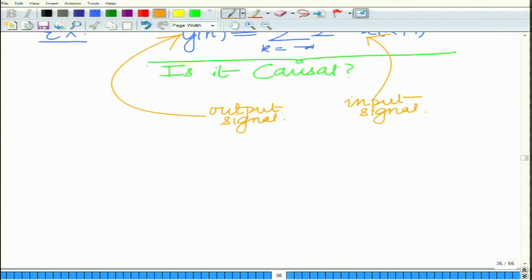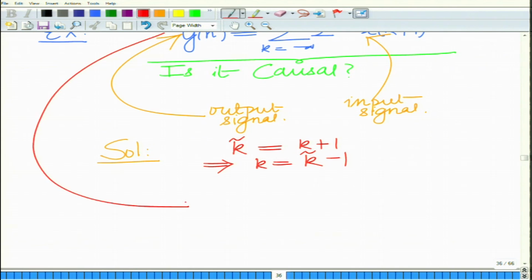Now, you can see I can rewrite this, so the solution will be to rewrite this as y[n] equals, now set k tilde equals k plus 1, which implies k equals k tilde minus 1, which implies this can be equivalently written